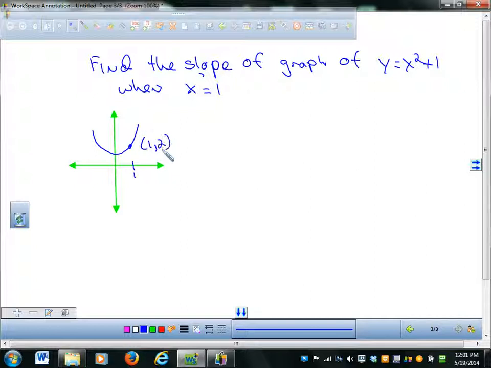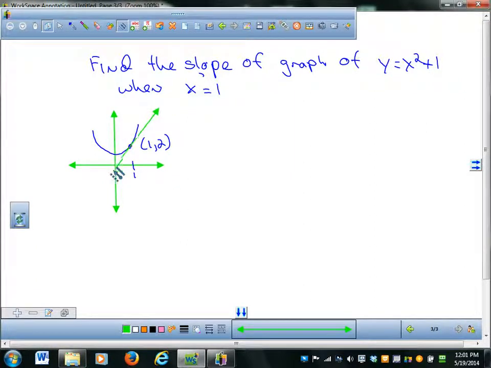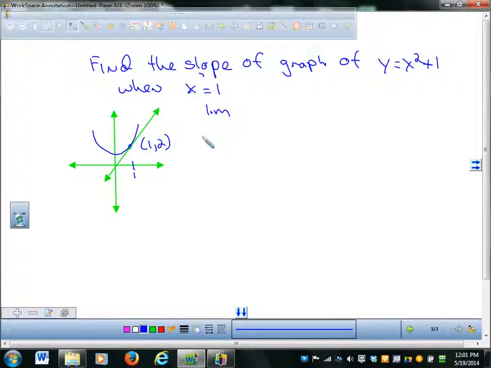So a lot of times they won't give you that y coordinate, but you can find it by plugging in. What you're trying to do is find out the slope of that line right there. Okay? So we're going to do the limit process to do that. So I'm going to take the limit. We already did this in your homework if you did it. The limit as h goes to 0 of f of 1 plus h, in this case, minus f of 1 over h. You guys understand what I just did? Yes. Okay? So f of 1 plus h minus f, I'm just plugging into that formula, but in this case,